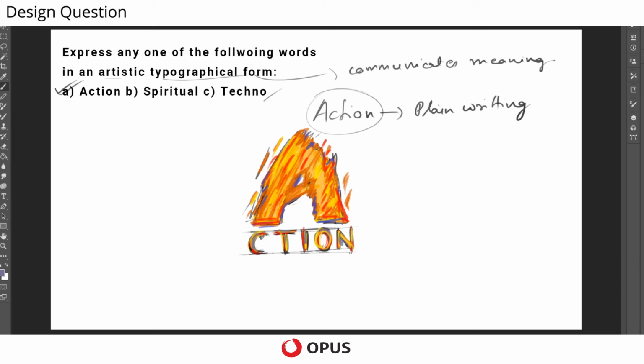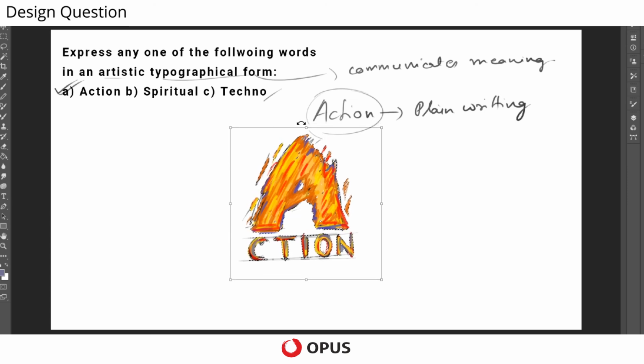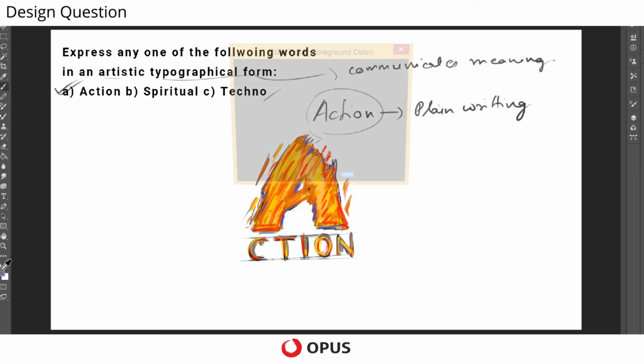So that is what is required from you, the kind of response that is needed when you face a question like this. So if I put the entire sketch a little outside, now this is what is typographical, expressing the meaning